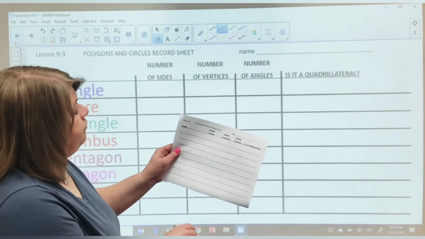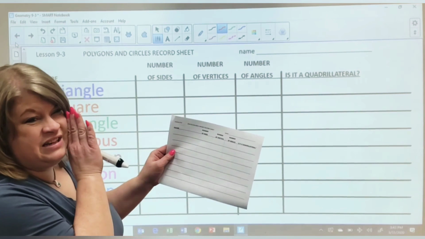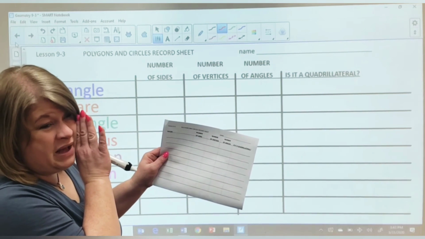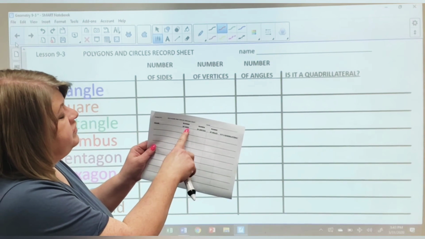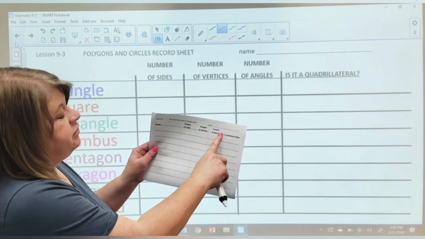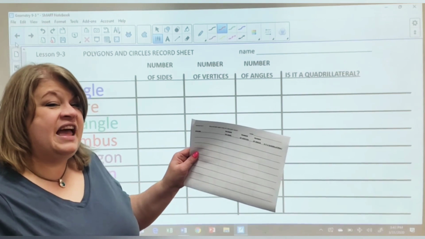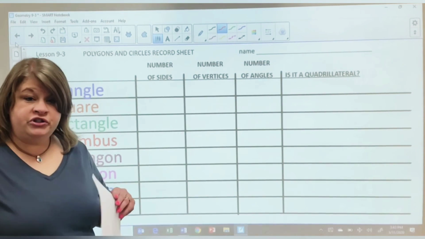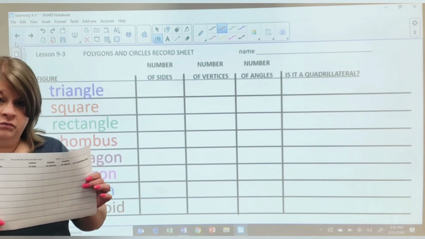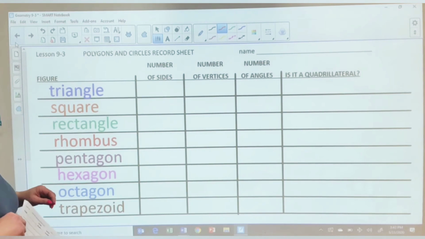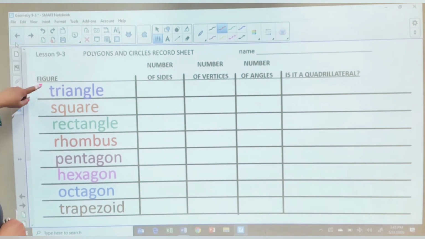At the top, we have figure. That's the name of the polygon, the shape. Number of sides, number of vertices, number of angles, and is it a quadrilateral? We're going to start this together. So what I would like you first to do is to get this paper, and write these 8 shapes